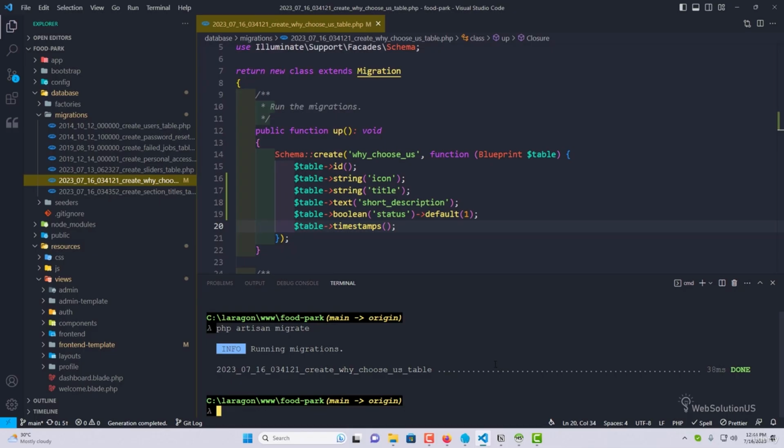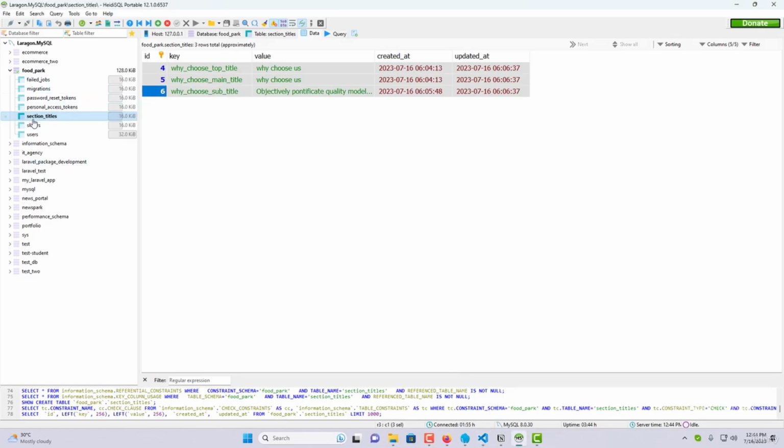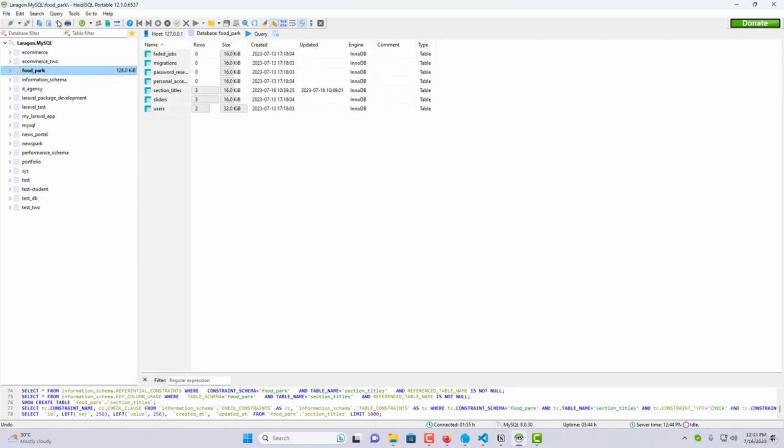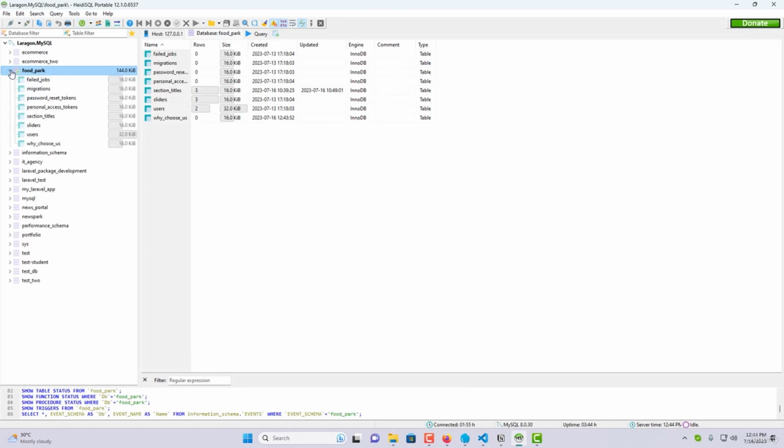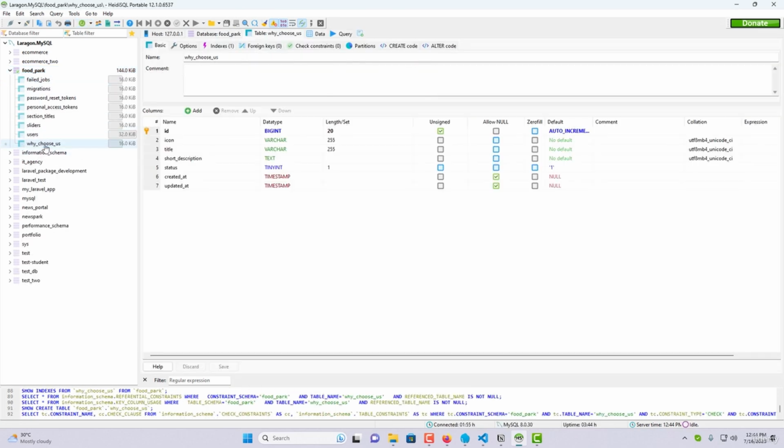We selected the specific migration file that we want to drop, dropped it, and just remigrated it. Right now, if I collapse this one and refresh this page, open the why choosers table, look at here,